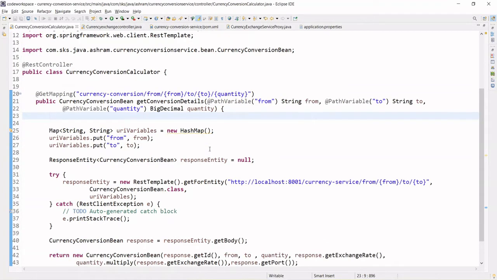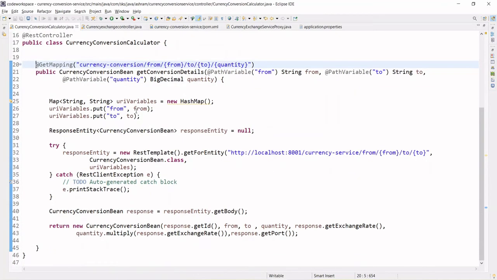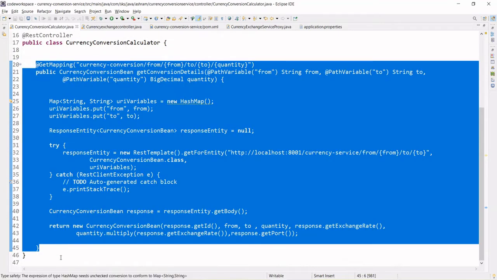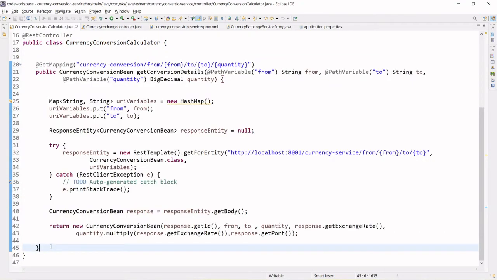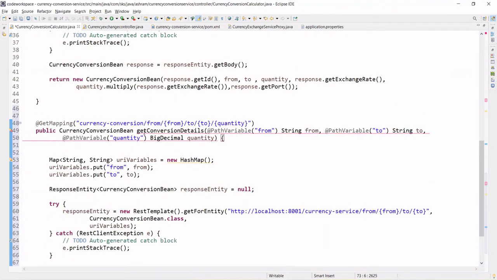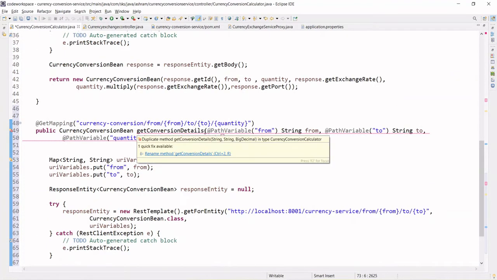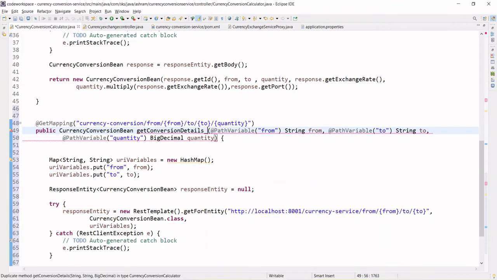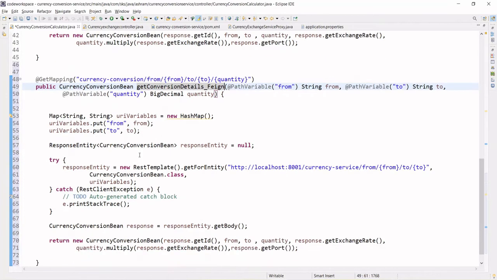So instead of making changes, let's create another API. Control C, and I am putting Control V, and instead of currency conversion, get conversion details using Feign. Let's give the name Feign. All these things should be the same, and we remove this.